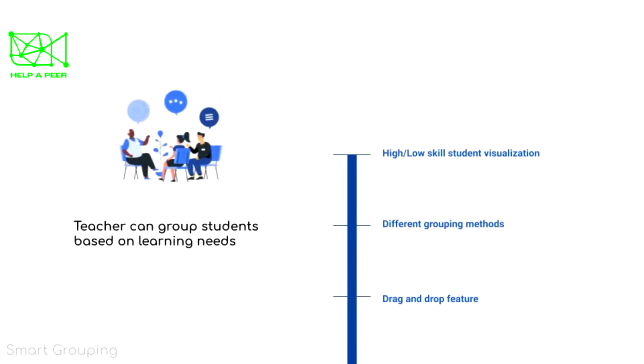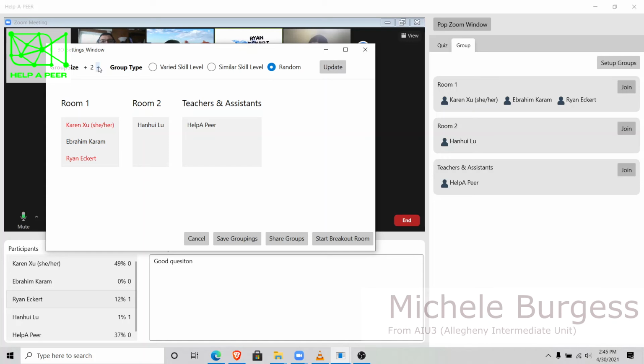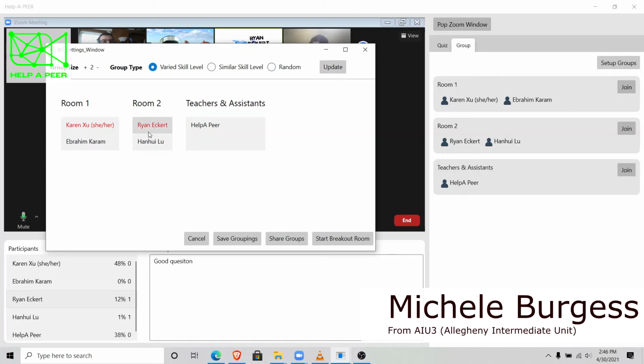I think it would be interesting though, like if there was a way to automatically pair them such that like a student that got it correct got to pair with the student that got it incorrect so that they could